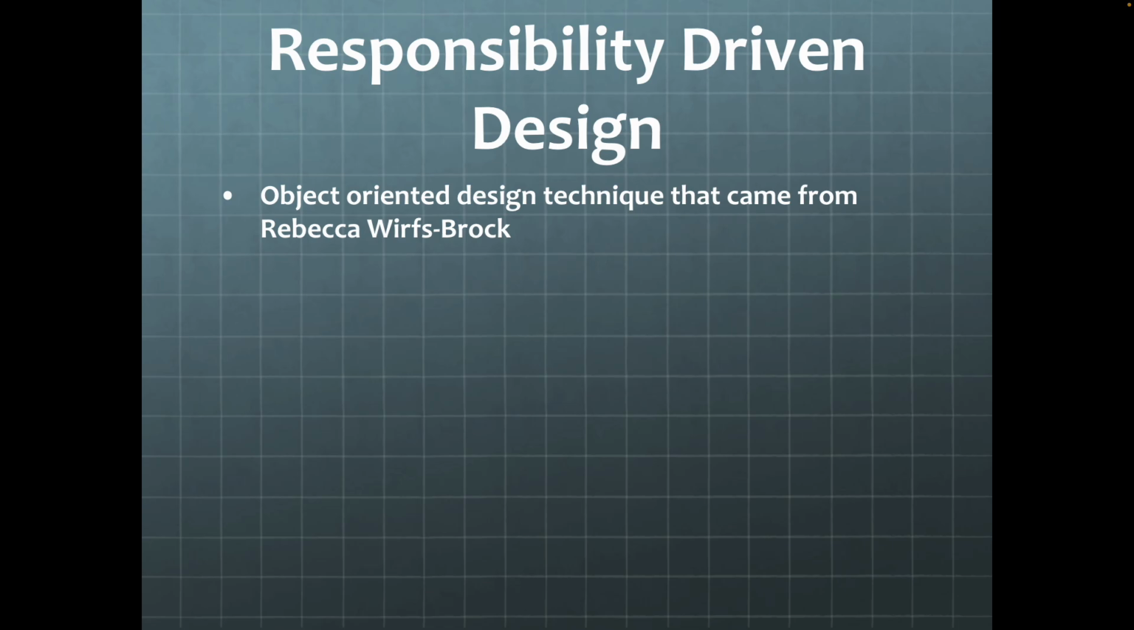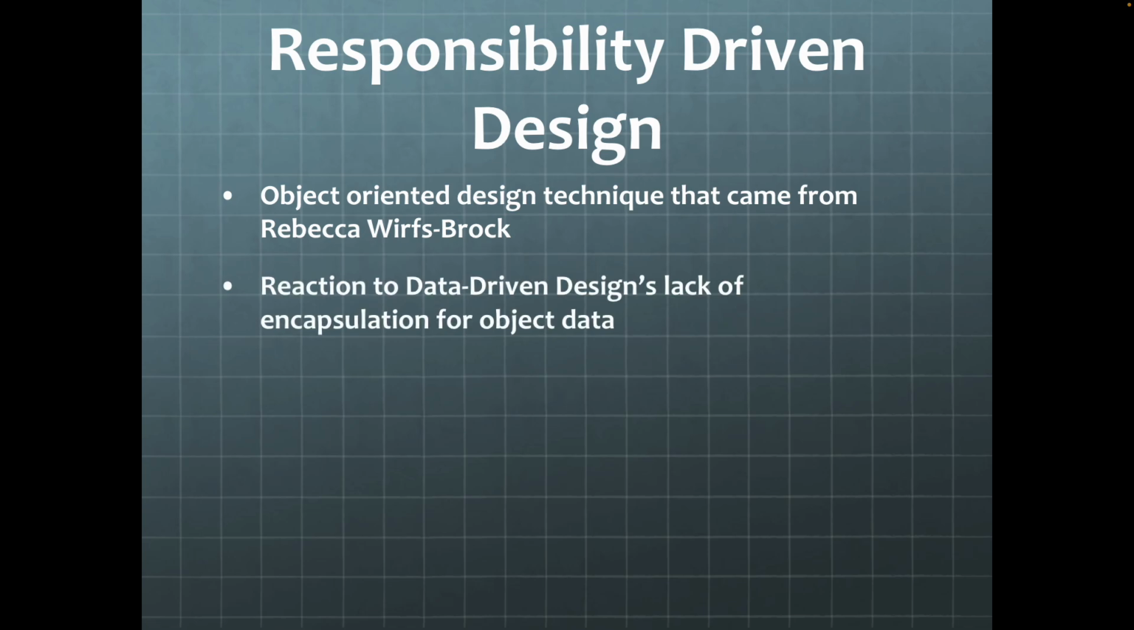So responsibility-driven design is an object-oriented design technique that came from Wirfs-Brock, who is famous for writing a book called Object Design. That's one of the famous books on object-oriented programming from the 90s. But it's a simple book actually. Basically, she came up with this approach as a reaction to data-driven design's lack of encapsulation of object data. So a lot of people, when they start programming, including me, I started learning